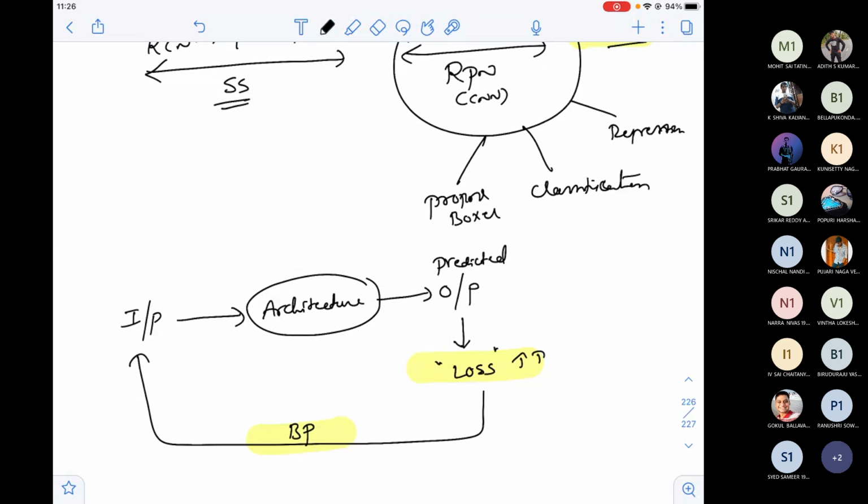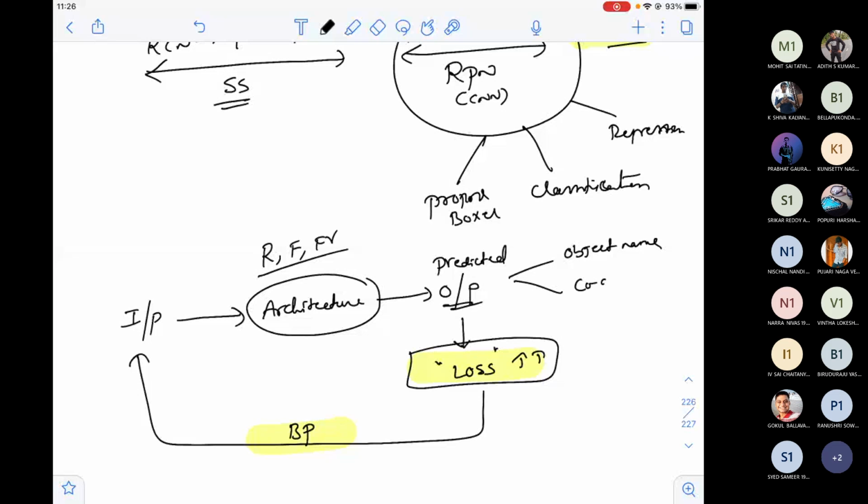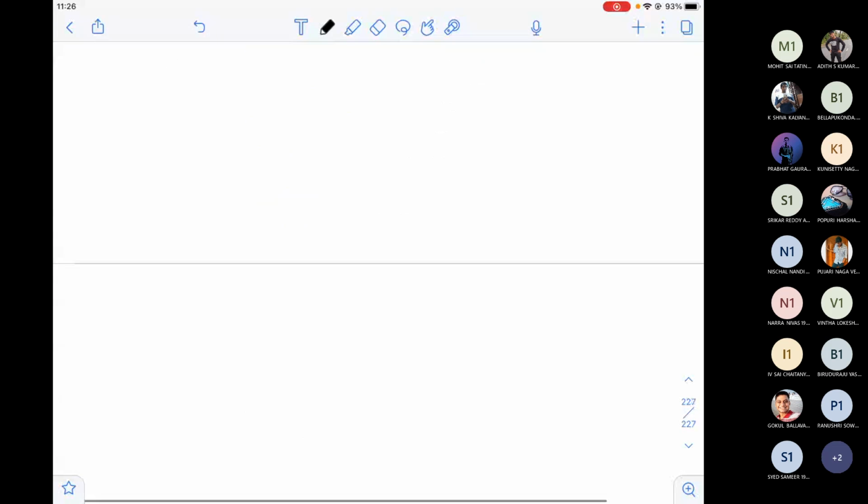Now, in this case, we have discussed everything in the architecture point, we have discussed RCNN, fast RCNN, and faster RCNN, and we got output in terms of the object name and the box coordinates. But how good am I in terms of my predictions, because you have two predictions. One is the object name that is there in the box and the other is the coordinates of the box. You have two outputs here. I may commit a mistake with the object name, I may commit a mistake with the coordinates. So whenever I commit any mistake, either of them or both of them, I need to calculate the loss. Then how do I do that? We'll see that. This is a beautiful equation.